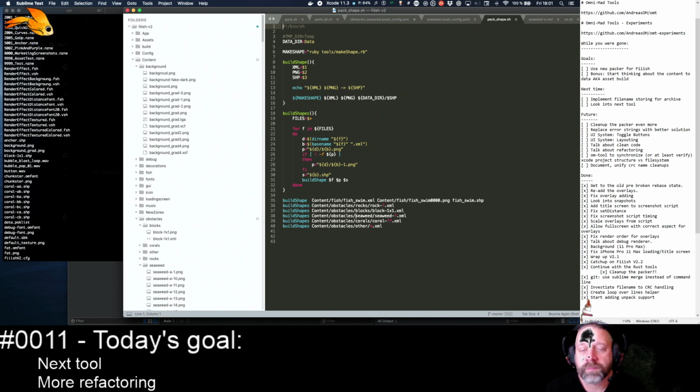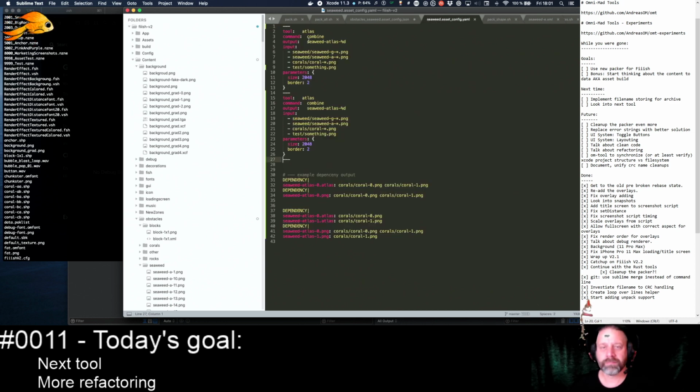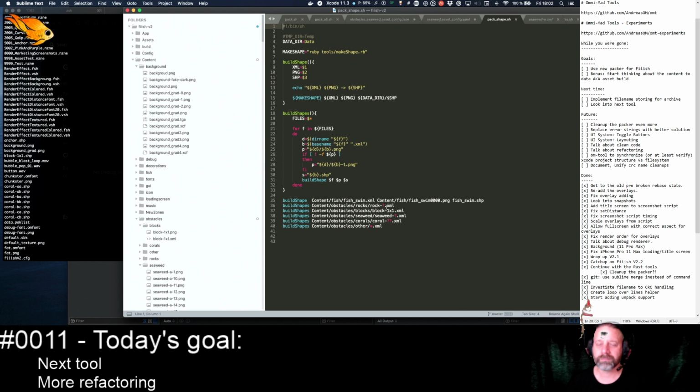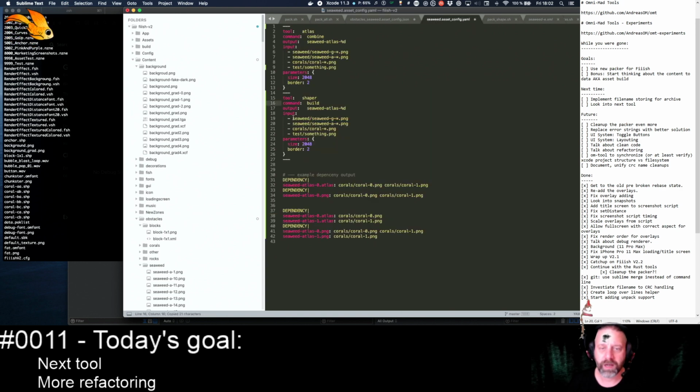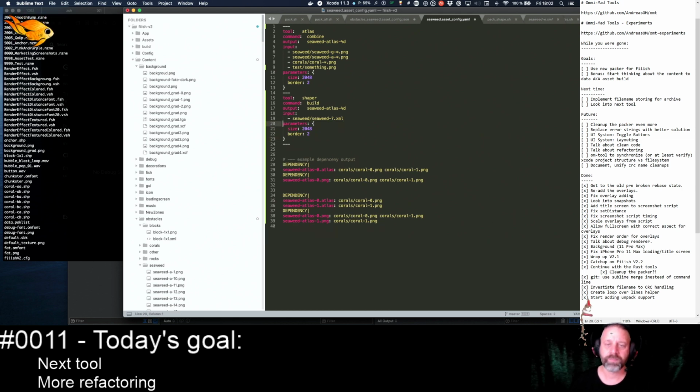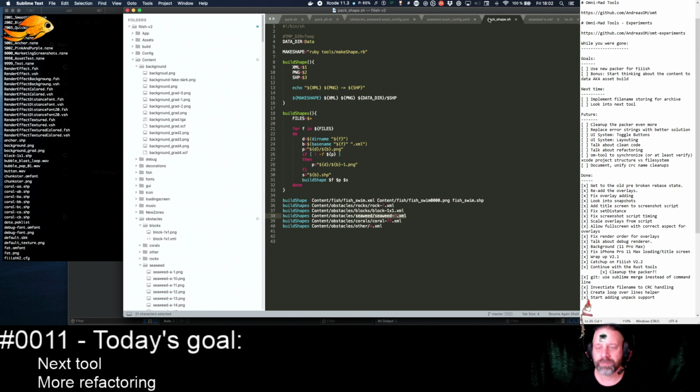Interesting. So the Atlas here is called for all inputs at once. And this one, the shaper, and I'm not sure, maybe we call it build. The shaper says for every file, we have a different pattern here. So for every file in this list, which will be, if you're still in the same directory, will be this. So for every XML file, and yes, we have an output, and that output basically is,